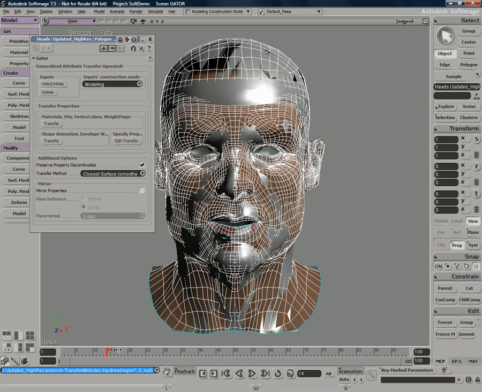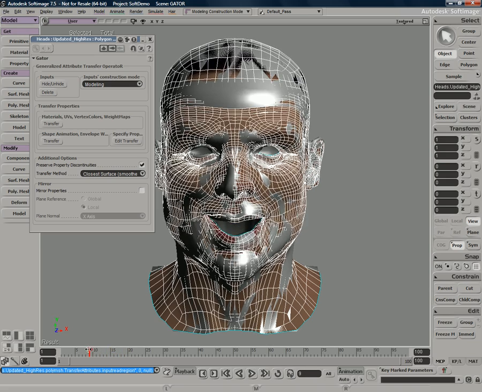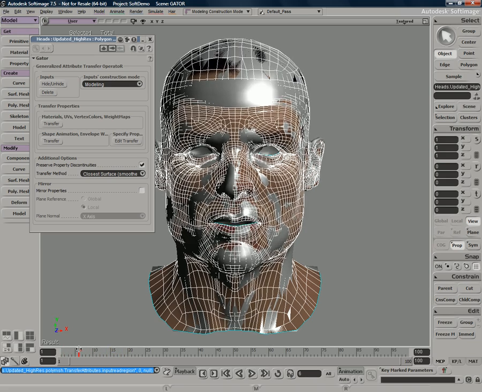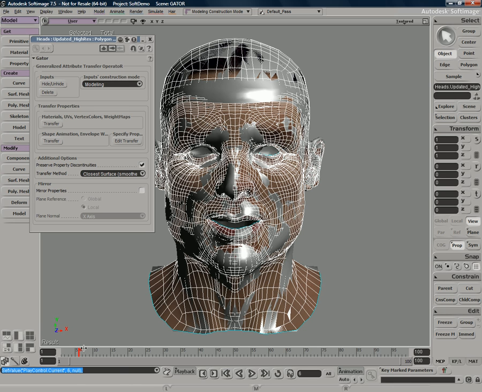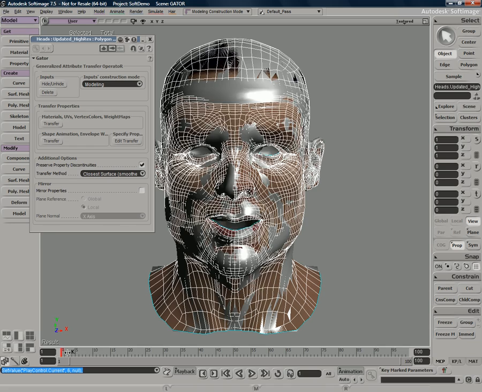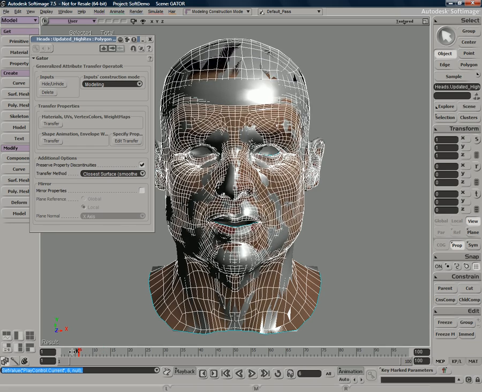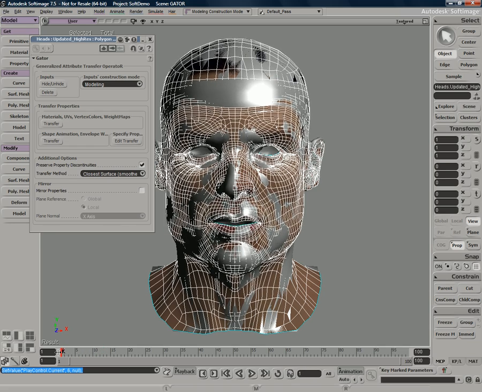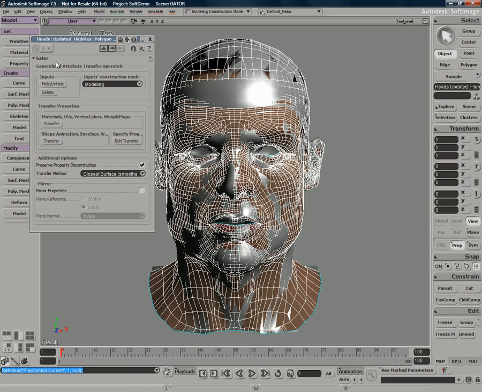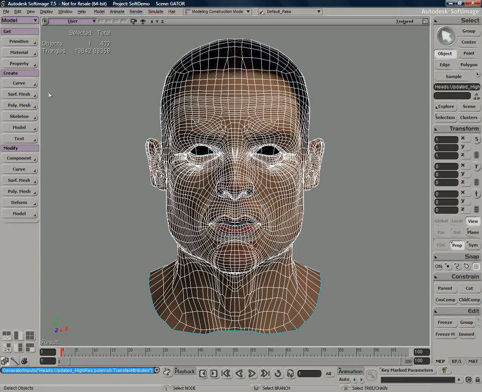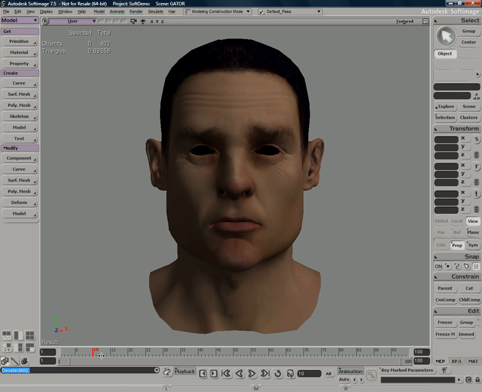If I scrub the timeline, we can see that, yep, the shapes sure are transferred, but we are getting a bit of a sluggish frame rate. And that's because of what I was mentioning before about the Gator relationship being left alive. So I do need to sever that relationship in order to get my performance back, because each frame it's evaluating and trying to transfer new information. So again, I'll just press the delete button. That will sever the Gator relationship, delete the other object from my scene, and now you can see I have full performance of my character now.